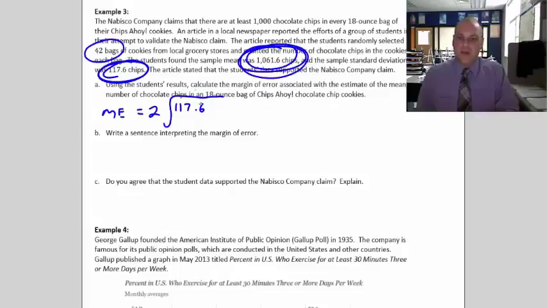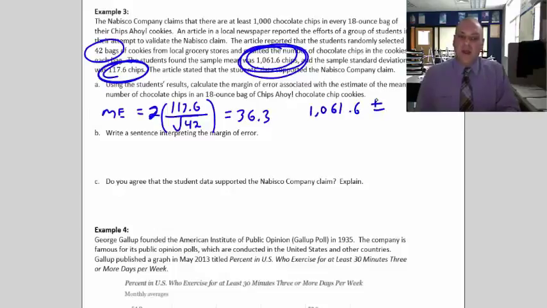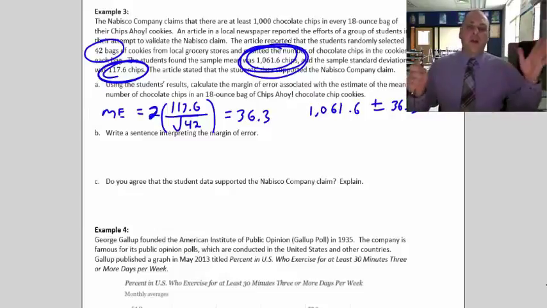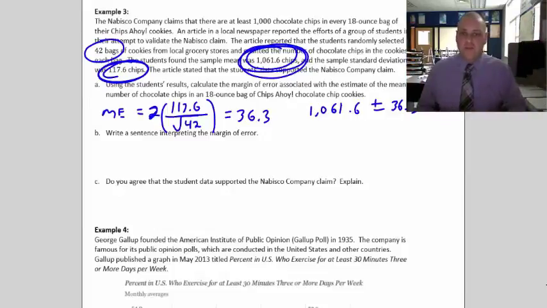My bad, I wrote the wrong thing here. It's 2 times s over the square root of n, and we said n was 42. Okay? So margin of error, calculate that. The margin of error is 36.3 chips. All right, so our margin of error is 36.3. Our sample mean is 1,061.6. So if we do 1,061.6 plus and minus 36.3, that's going to give us a pretty good interval